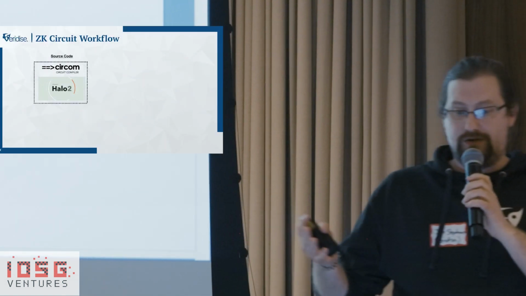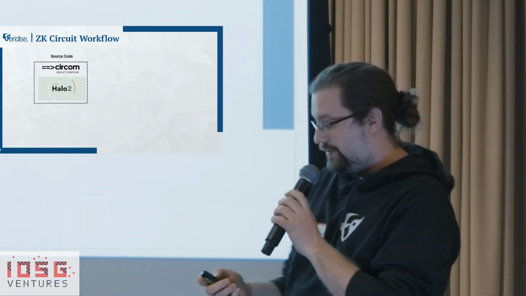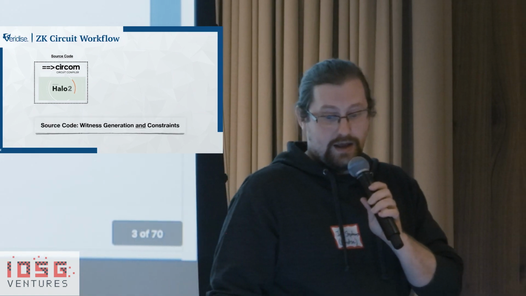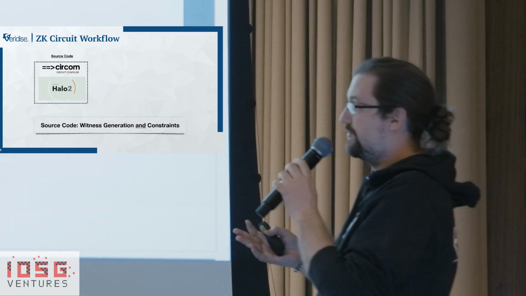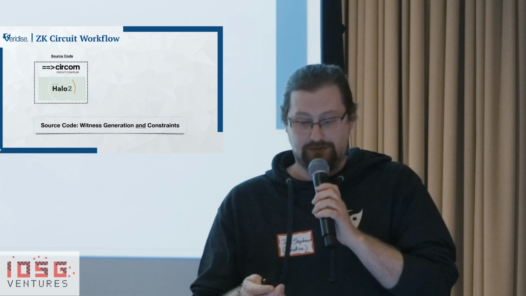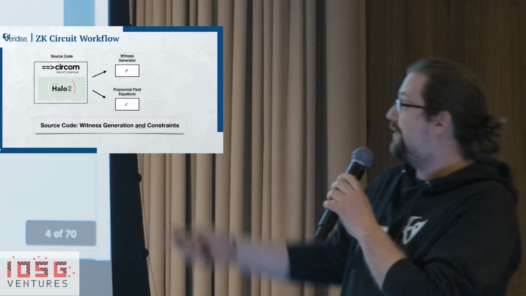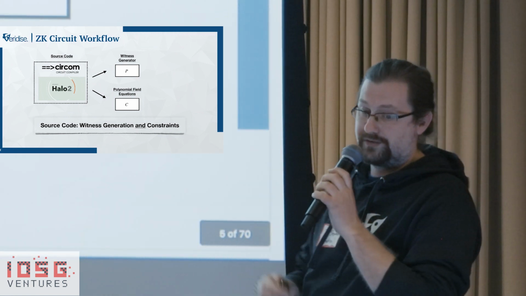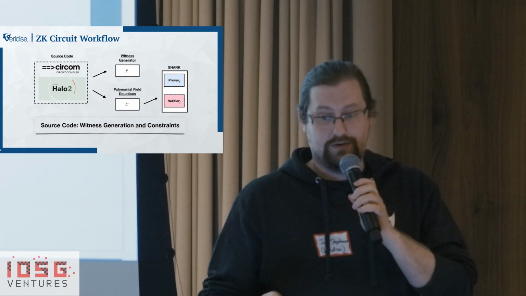So here are two languages that we have. One of them is Circom. Another one is Halo 2. Both are fairly commonly used in order to write these circuits. And the important part is once someone implements a circuit in one of these languages, it's going to produce two things, the witness generator and the constraints. And so we have a picture of those two things, and those constraints are used by the snark in order to implement the prover and the verifier. So this is what happens,